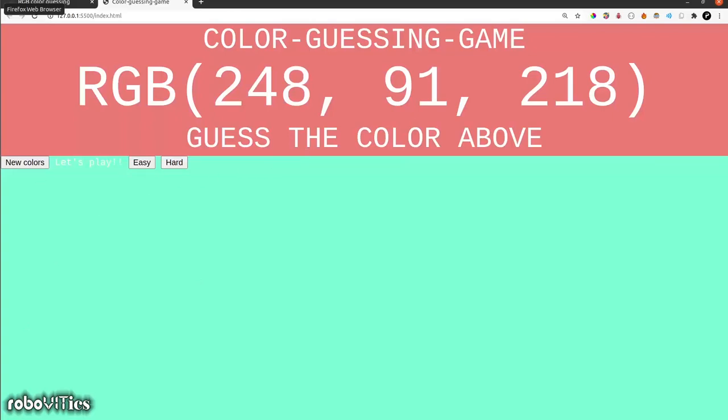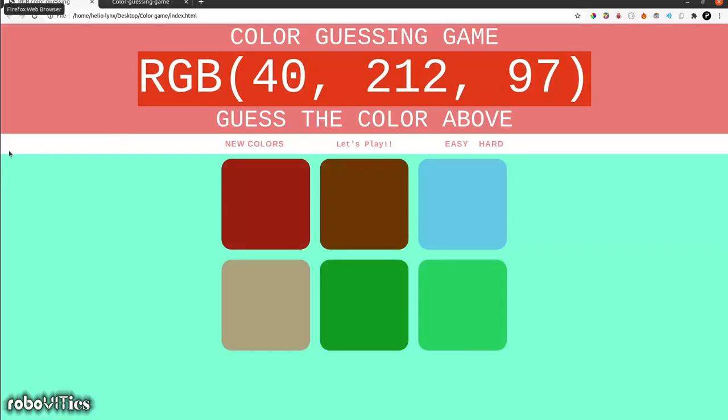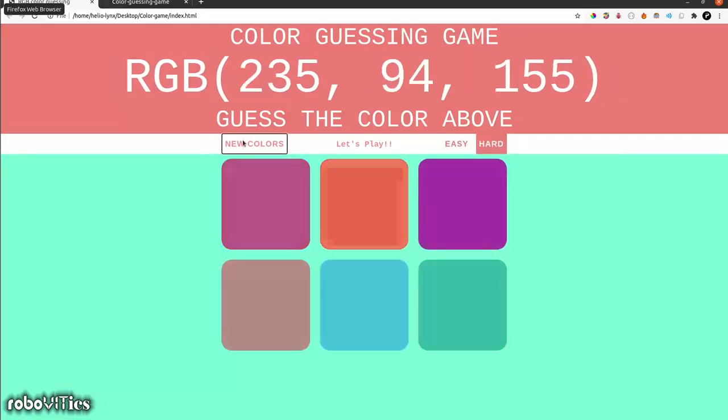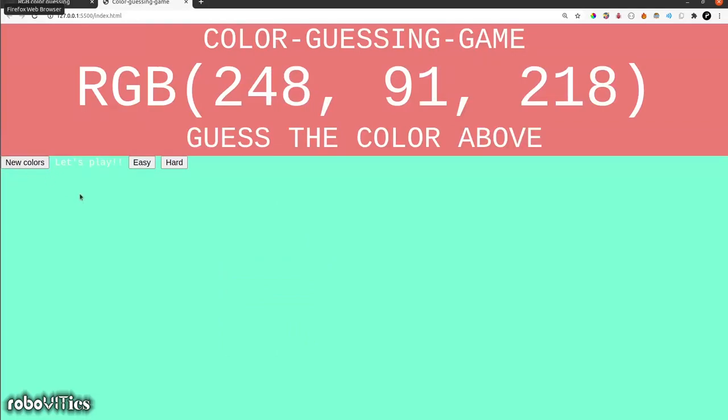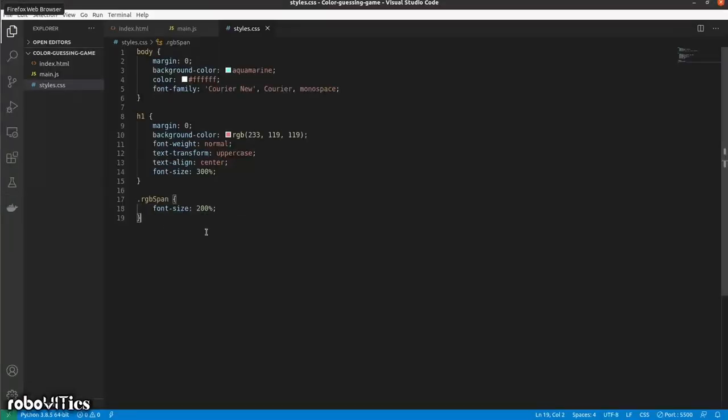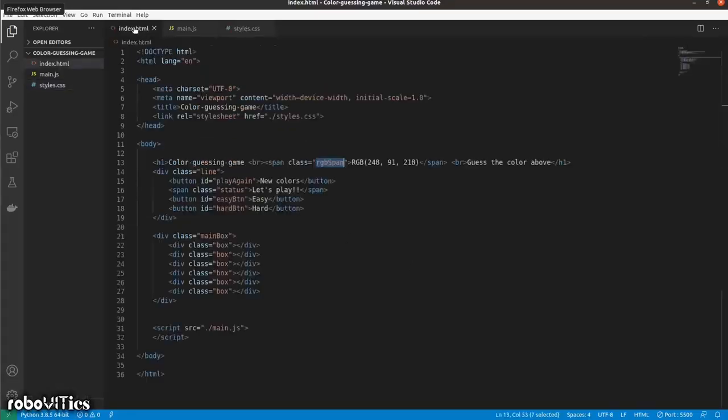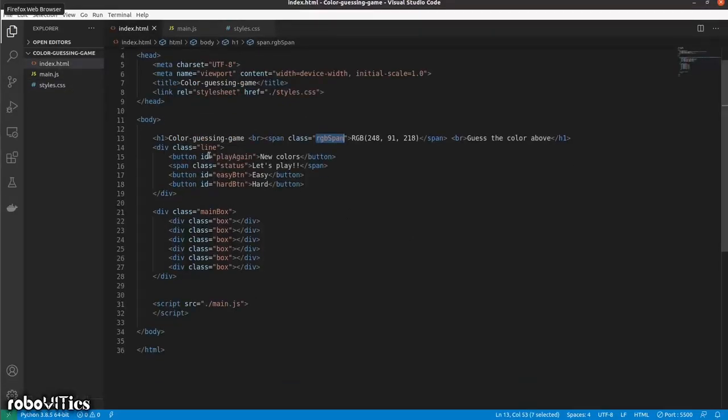Now the next thing that I want to do is get this part set. So over here we have this line, and we have new colors, let's play, easy and hard buttons mentioned, and each of these have this border kind of thing that appears, but that comes by default, so we wouldn't have to do anything specific for it. So let's get that done now, starting off with the dot line class that we have, so that we are going to target.